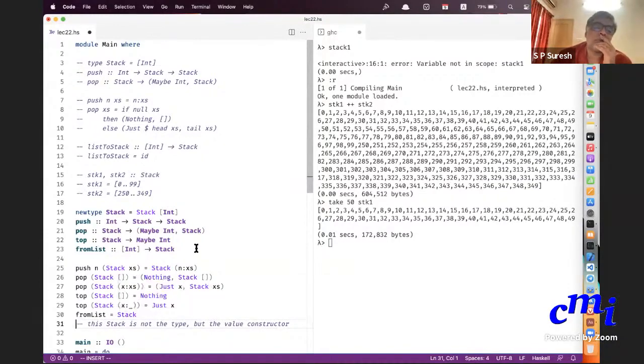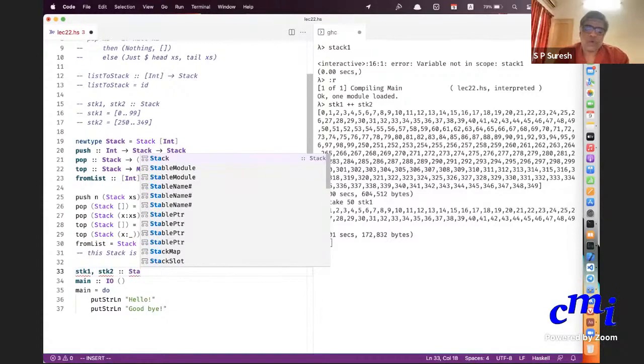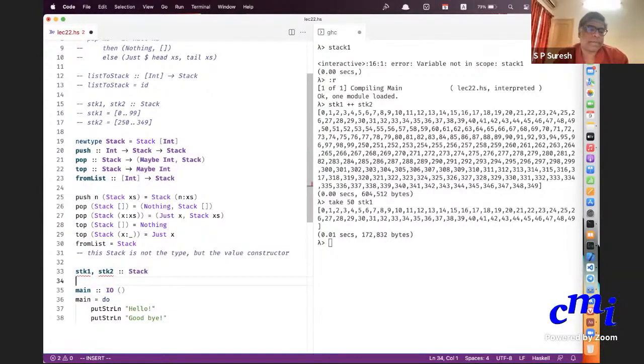That's it. You're done. Now how do you do this stack one, stack two? Let's do that. How do you build stack one and stack two? Same things.